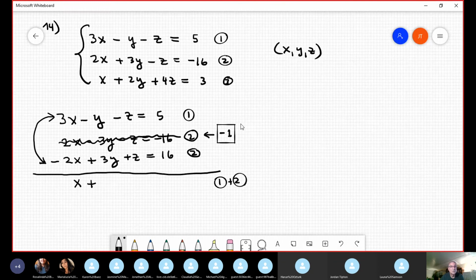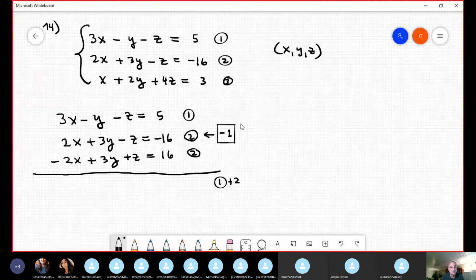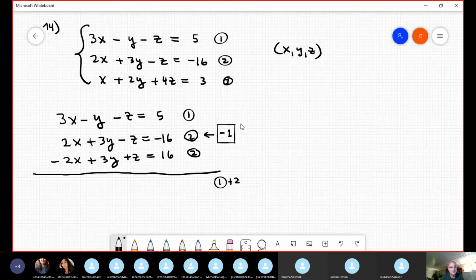Sorry, this is minus, no? Let me see. In the original, this is plus. I'm making a mistake here. Look, when I copied, I changed the sign. Sometimes I make that mistake. And when you multiply by -1, this is negative. This is also negative. Yes or no? And this is positive. And this is positive. And when you add equation 1 and equation 2,